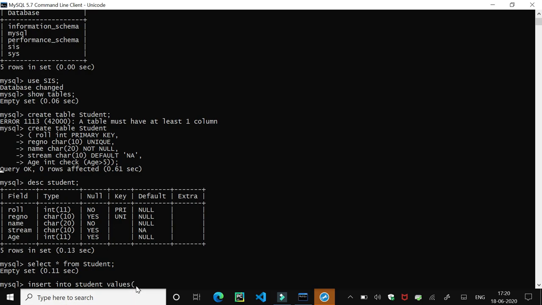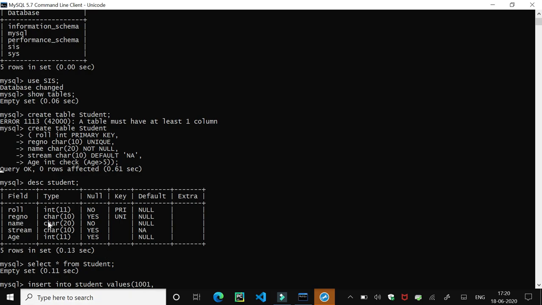The first place is for the roll number, and roll number is an integer value. So I am putting here the value 1001, then a comma. We separate two fields by a comma. Comma is a separator here.